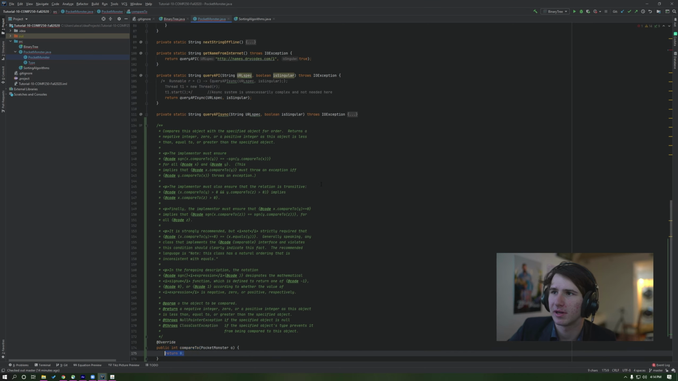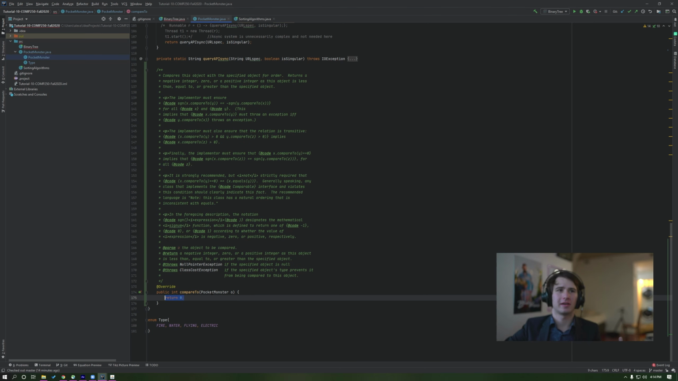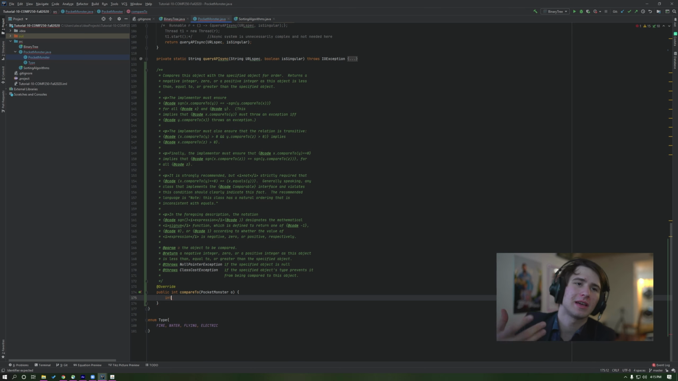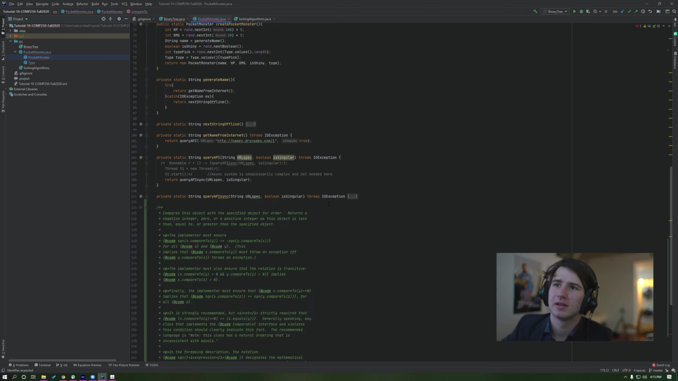Here, it's just compareTo. And here, we're just comparing a pocket monster to a pocket monster. Now, remember to access the values in the pocket monster we're comparing, we use this. So we could say, let's say, int myHealth equals this.getHealth. Or actually, you know what? We don't want health. We want to compare. Let's say that we're scoring them based on